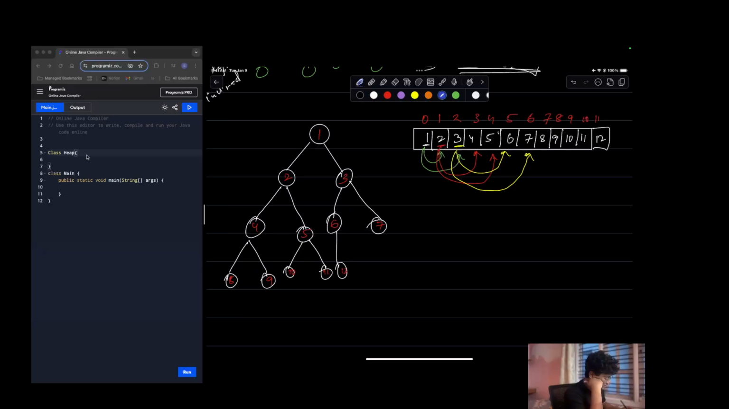Where is 6? 6 is over here, and 6's left child is over here. Perfect. Do you see a pattern over here? There is a pattern. One's left child is coming up over here, 2's left child is coming up over here, and it keeps on going. So the relationship is that for a given node, or at an index, the left child